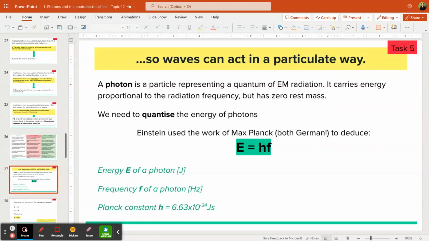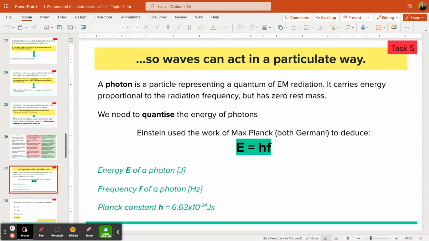And Einstein took the work of a guy called Max Planck, and he came up with another equation, like he hadn't done enough already. He took the Planck constant, which is the constant that Mr. Planck came up with. He said that the energy of a photon is proportional to frequency, and the constant of proportionality is the Planck constant, which is in your data booklet. You'll probably know it anyway by the end of this topic without having to look.